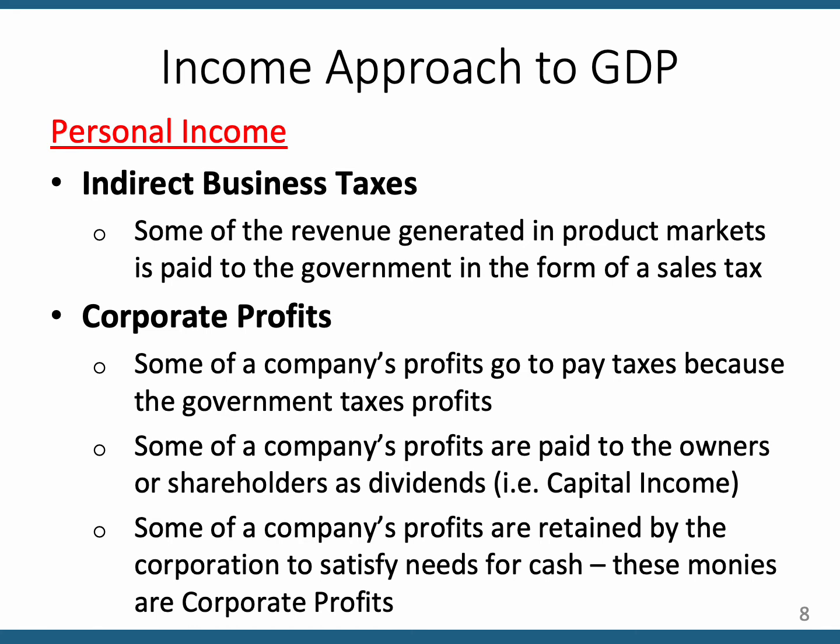Some of it gets returned to the owners. The rest of it is corporate profits, which are taxed. Corporate profits are the remainder of the profits that are not distributed to the owners, that are retained by the corporation for their use maybe in the next year. All right, so corporate profits are taxed. By the way, we just lowered the corporate tax rate by a good amount, and this was in 2017. So this was the Trump administration,